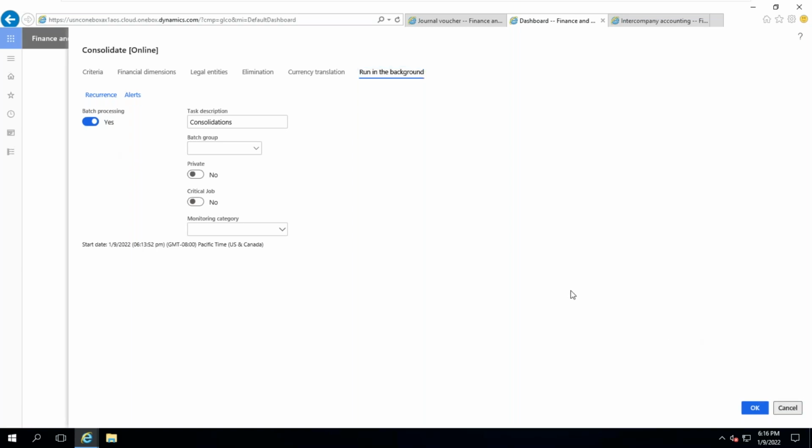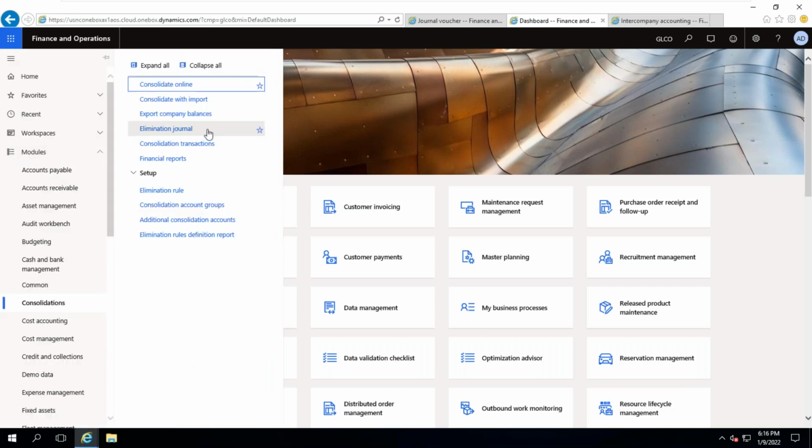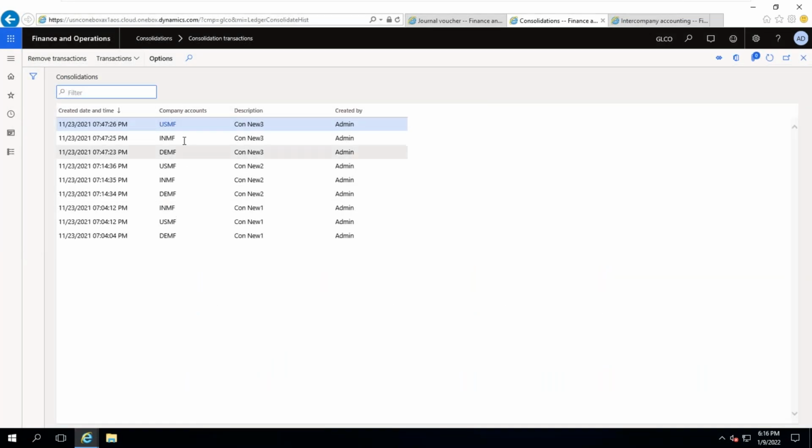Once it is executed, you can see the data from here in consolidation transactions. You can select this by clicking on transactions, actuals. It will show you the transactions.